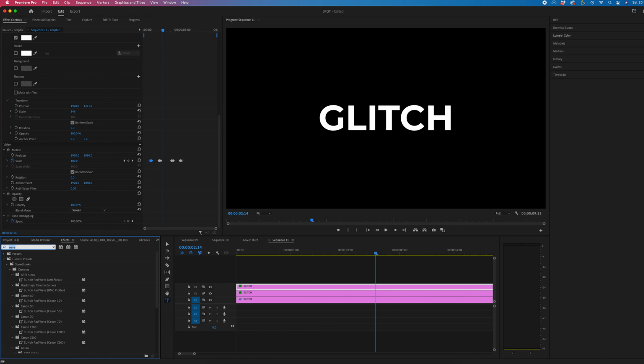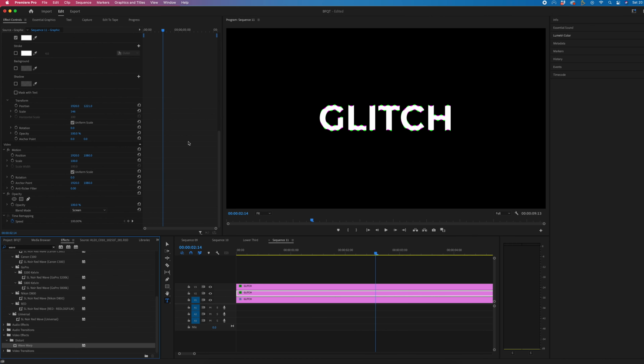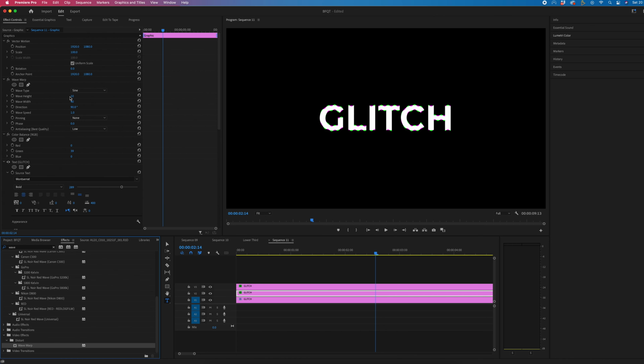glitching pulse effect. Alternatively though, we can add effects into the mix, so we can search for Wave Warp, drop that onto one of the text layers, and now in Wave Warp, you can see we can animate the sine, square, triangle, sawtooth, circle, semicircle, and so on. But if I go to square, so if I pull the wave width all the way up to a higher